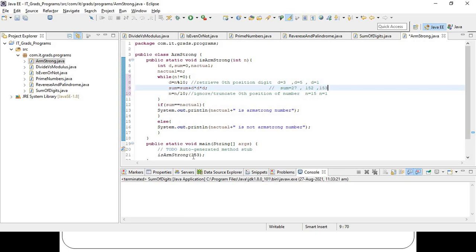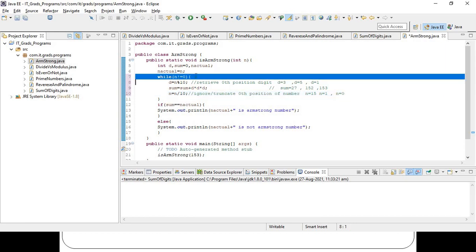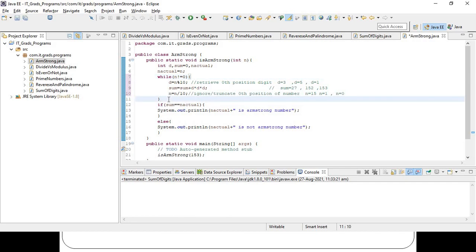Okay. So with 1 also my work is completed. N equal to 1, with 1 also my work is completed. So again I am doing n divided by 10, that is 1 divided by 10. What is the value? 0.1. 0.1, as I am storing it in an integer, n is now 0. So again it will go to the condition. 0 not equal to 0, condition is false, right? Finally the condition is false. So the loop will terminate, it won't execute the statements, and it goes to the next step.